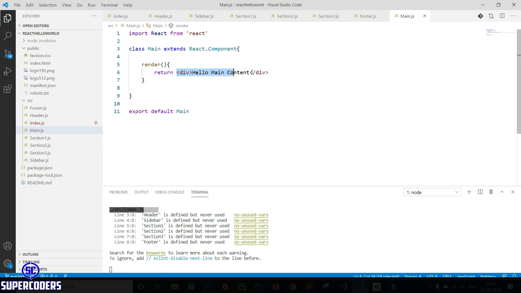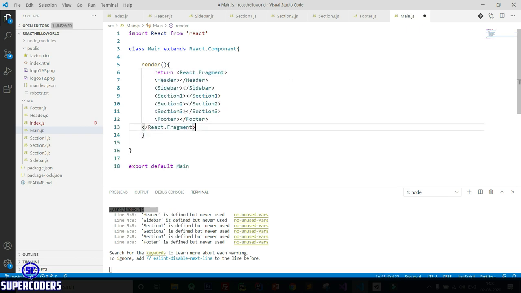So here remove it and paste the code which I copied. Also surround this with brackets. So it's perfect.